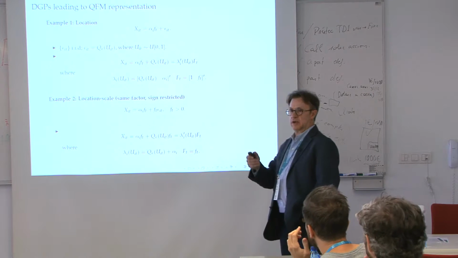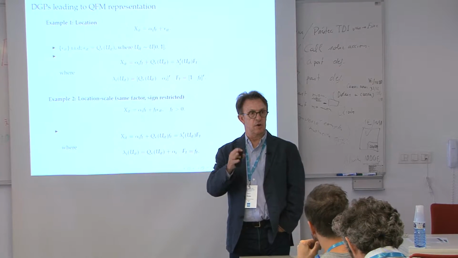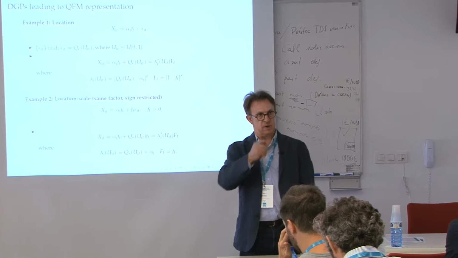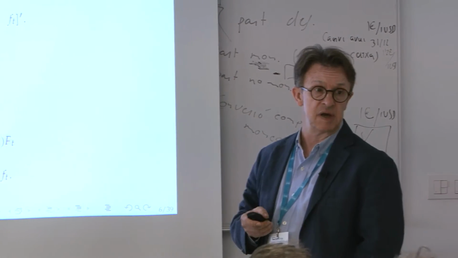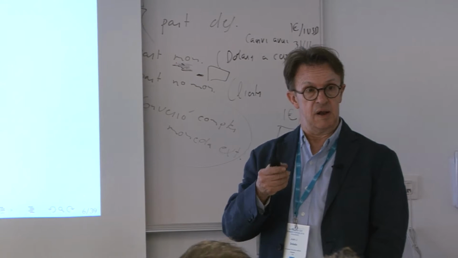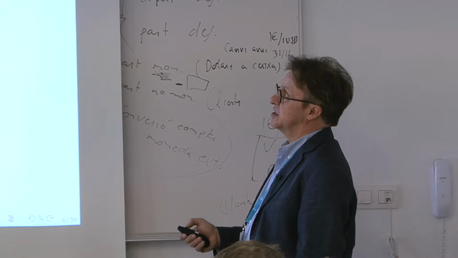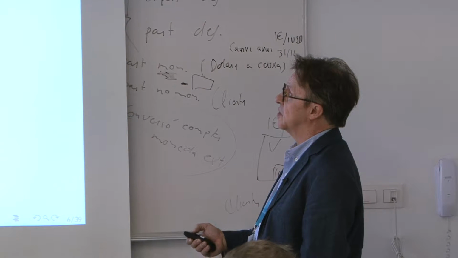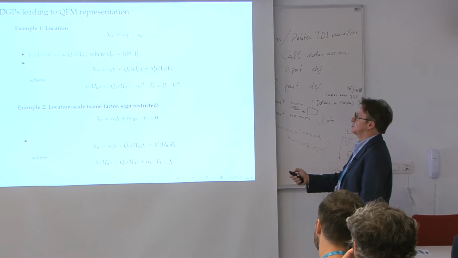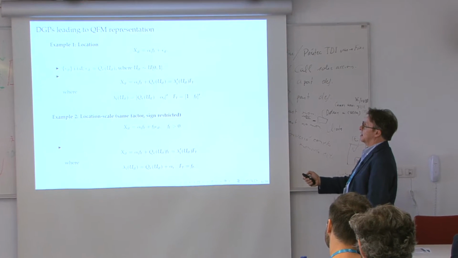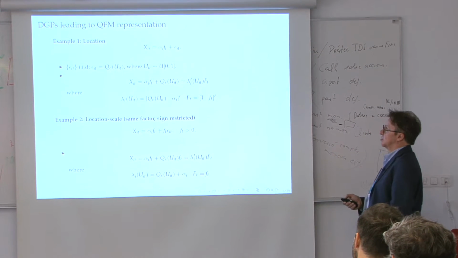Let me just, in order to shed some light on what sort of models can be captured by that representation, let me walk you through different examples which will help you to fix attention. So the first one is a simple location model, where you have just one factor, say, and you have error terms which are homoscedastic,